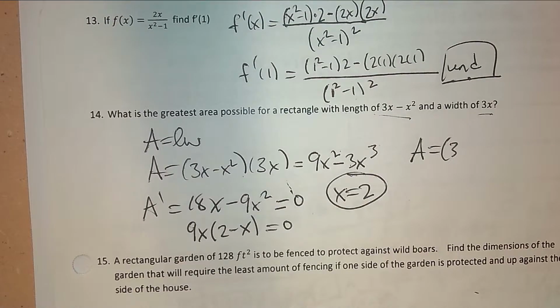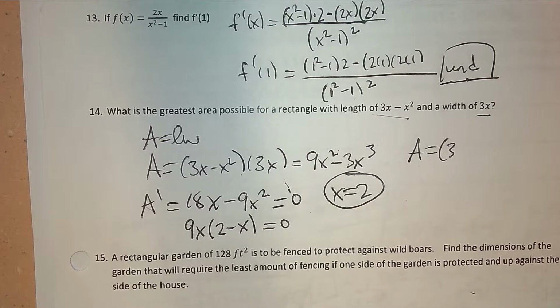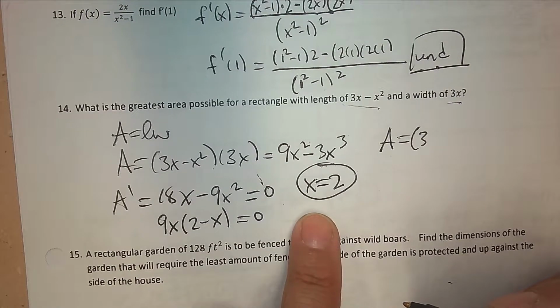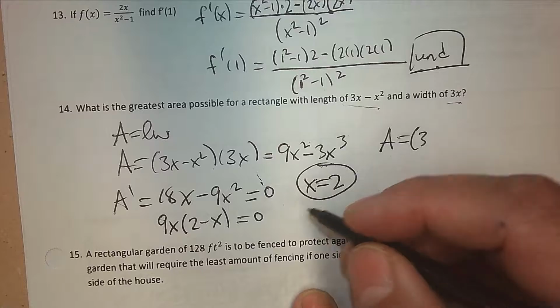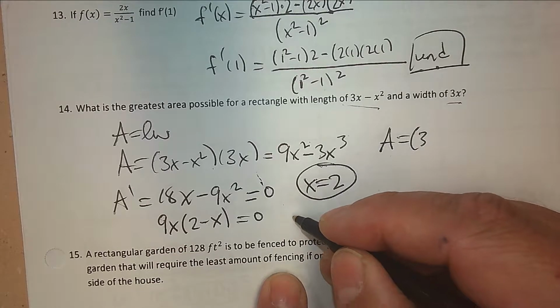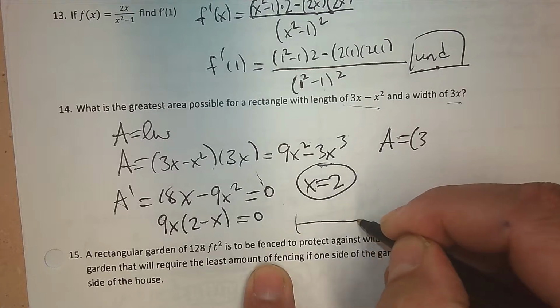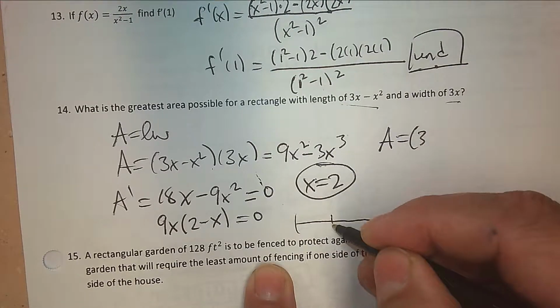All right, so I'm going to end this test prep right now. 14, I started with the other video and didn't quite end. With 14, we found that x is equal to 2. 0 doesn't work. We could also test to see if 2 gives me a